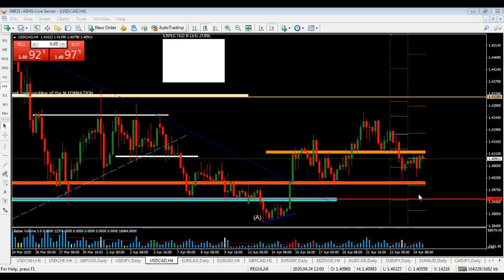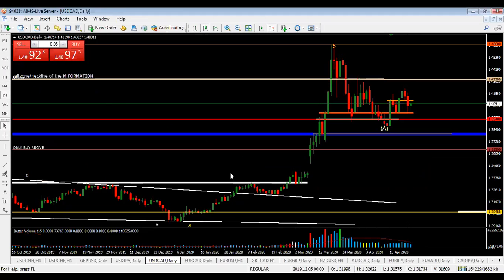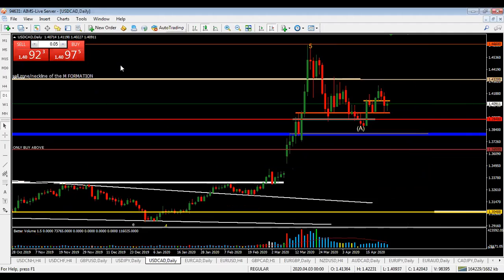Once price comes to this zone, which is the liquidity zone, we are going to watch out for price action, some sort of reversal pattern around this zone and also this zone. So we look to take action from that point to the upside to complete our wave B, because from the daily, we know that this should start a correction phase after the wave 5, and from here to here is an impulse. So we expect a correction at the least